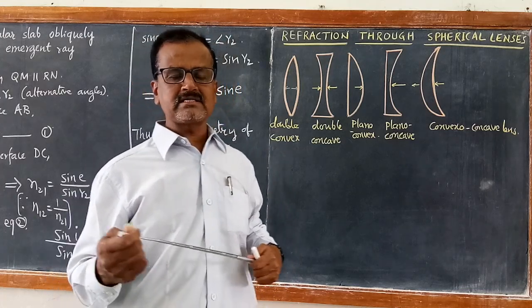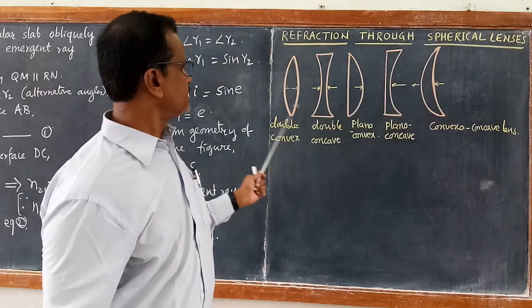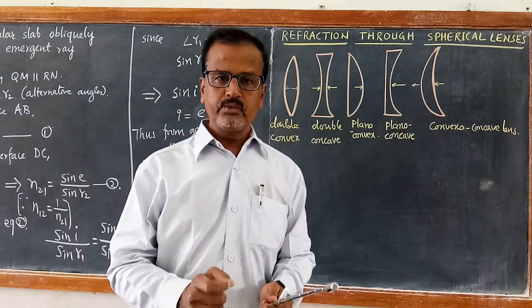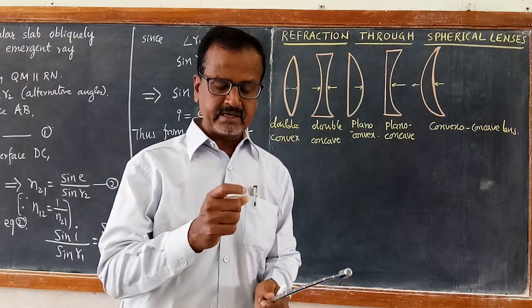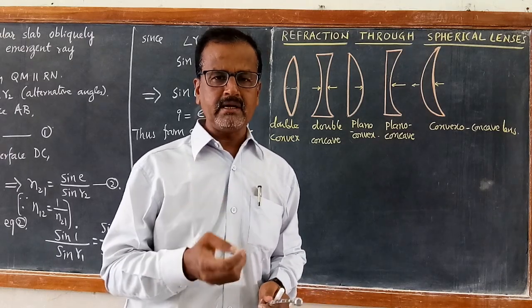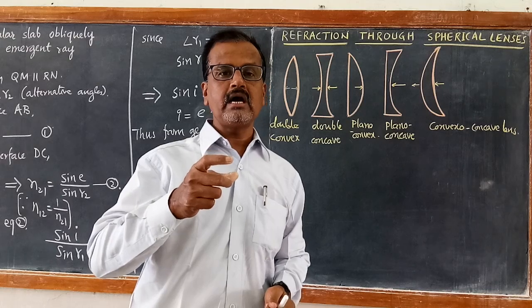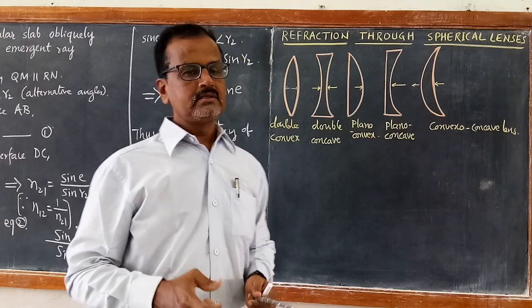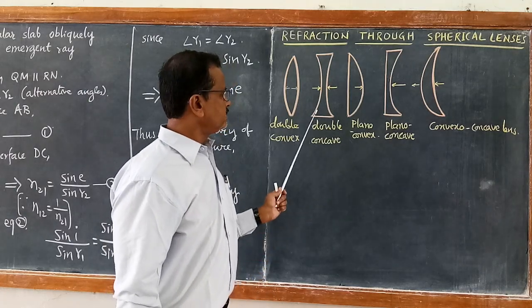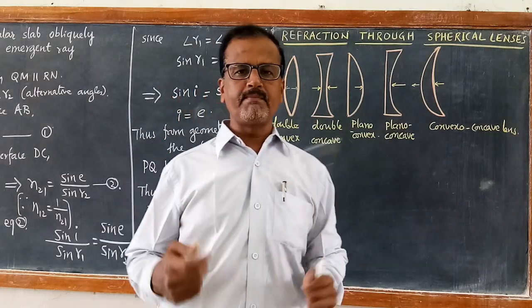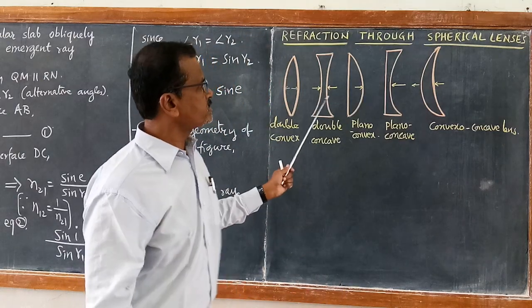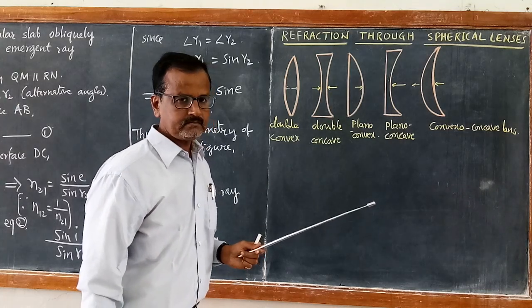The magnifying glass the watchmaker uses is nothing but a double convex lens. A double convex lens is the one which magnifies. When you take that convex lens close to the printed material, the words appear enlarged, bigger. So it is acting as a magnifying glass. Like that, other types of lenses also find applications in spectacles. It is very essential to learn about refraction through such lenses.